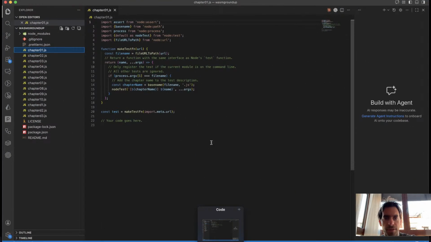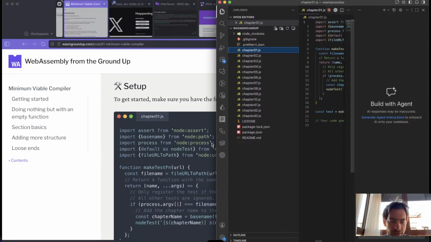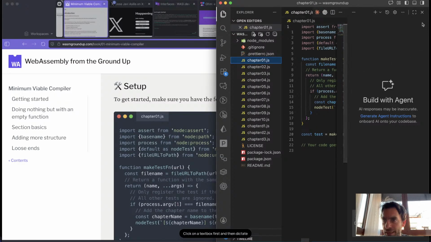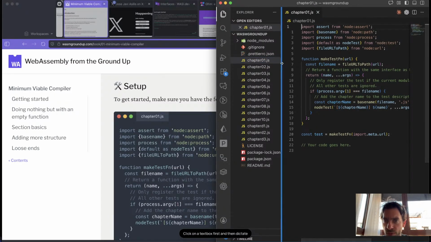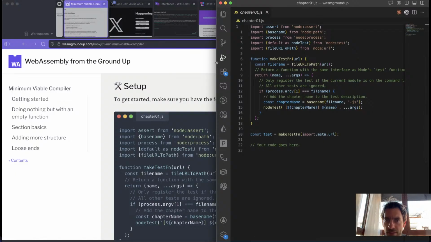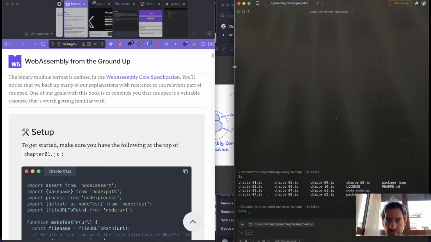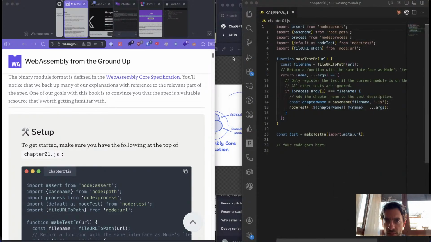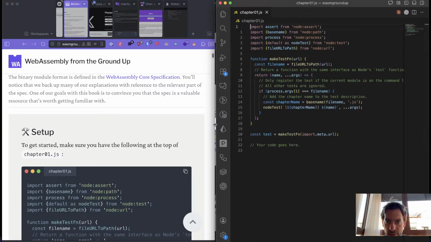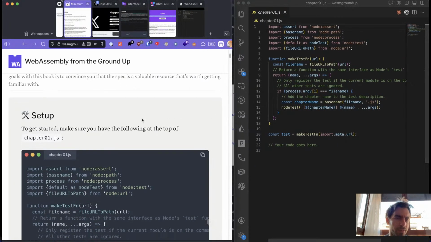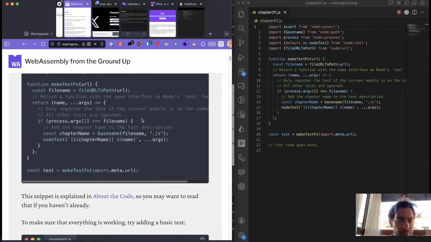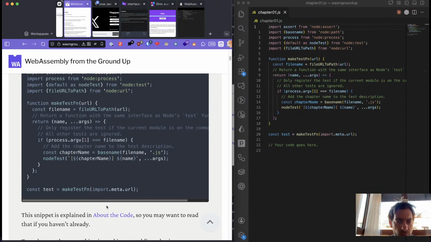And we're going to come in here. I'm going to make my editor window a little bit bigger. Goodbye, agents. I don't need you this time. I'm also going to make this a little bit smaller. I'm going to make it here to the left, so everybody can see it. Okay, this works. And the snippet is explained in the code, so you may want to read that